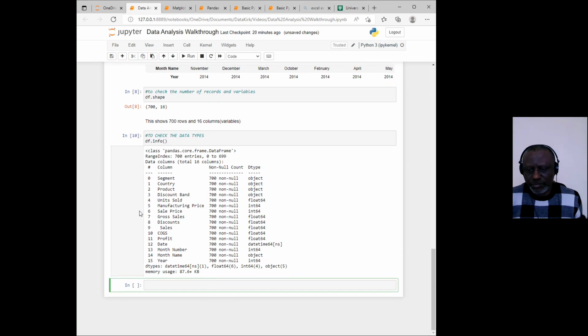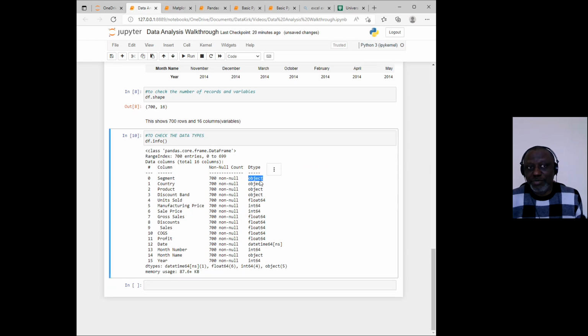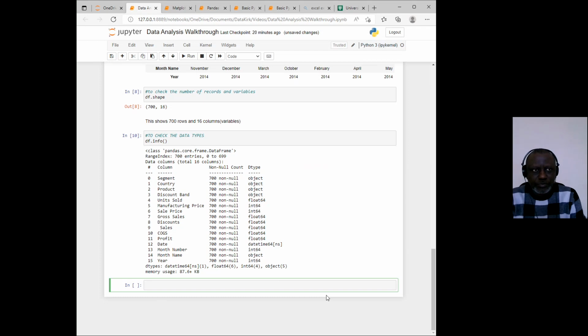This gives you your data types. Segment is an object, so it's not numeric data. Anything that is an object is categorical. Then we have an integer here, manufacturing price, another integer here, sales price, and a float, gross sales, and the rest. So that's fine. Now the next thing is to check the summary statistics about the data